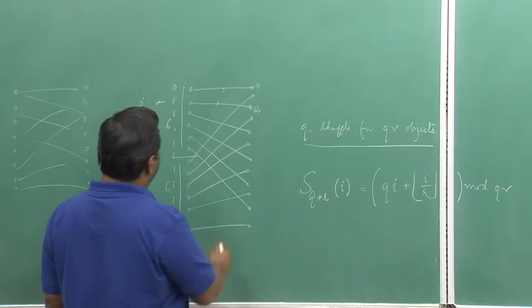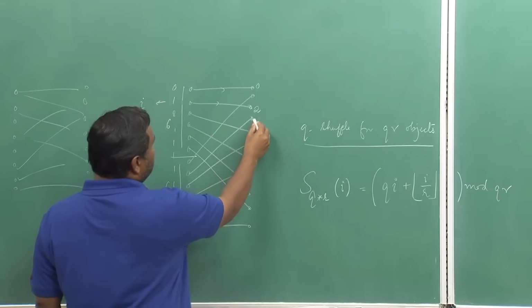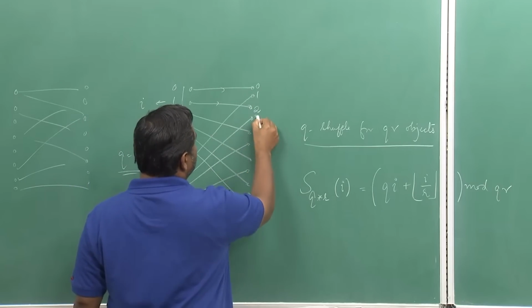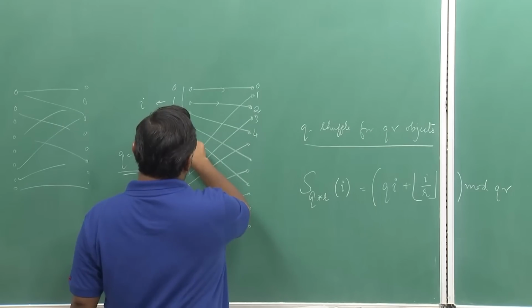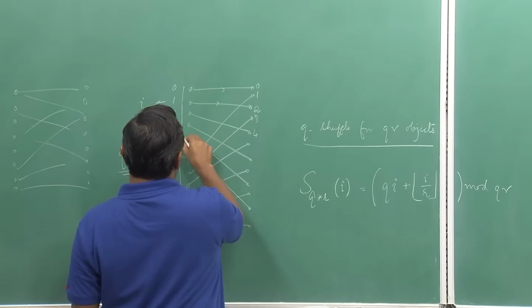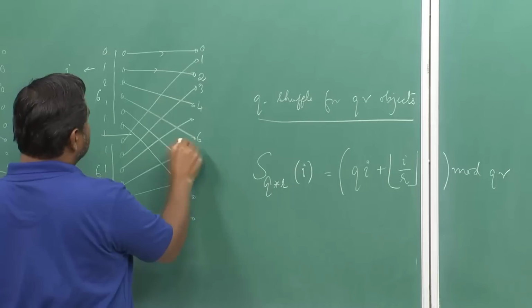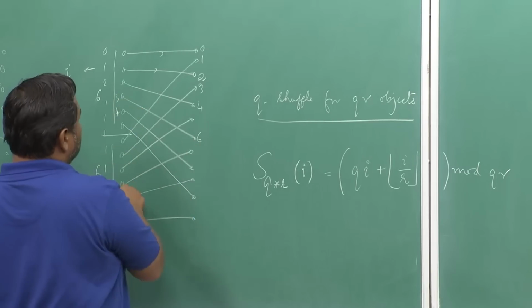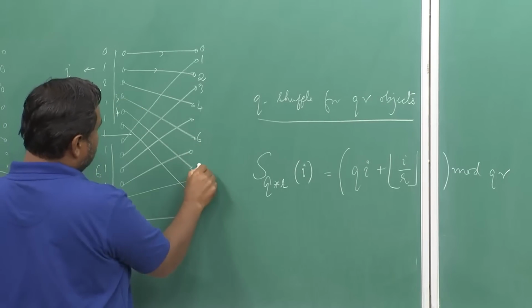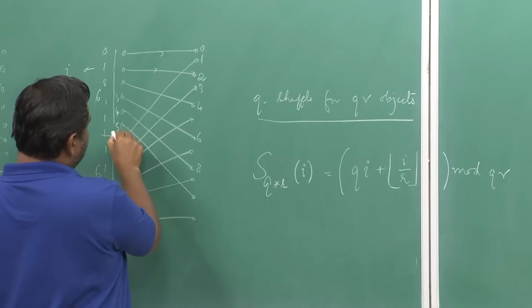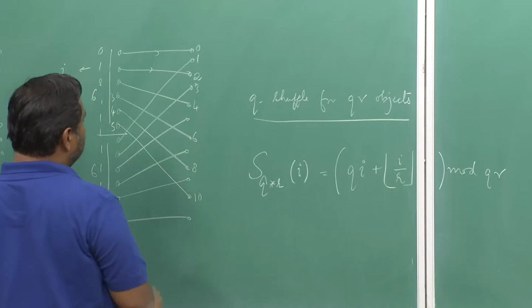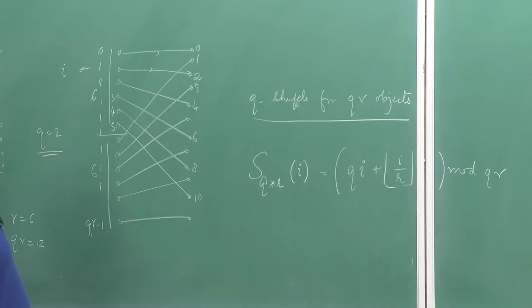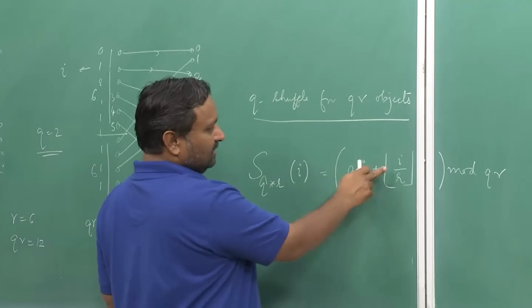I can take value 2, which connects to 4. Three will connect to 6, 4 will connect to 8, 5 will connect to 10, and when I go to 6, 6 will connect to 6 into 2, 12, and